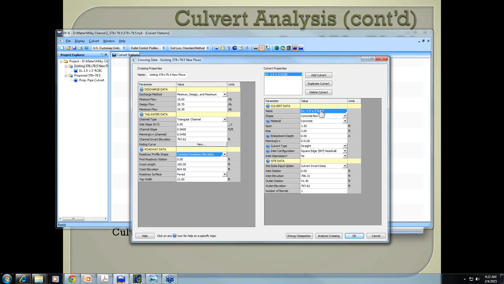For the culvert data, the existing is 1.5 by 3. It's a concrete box. You have several to pick from here. So we're going to pick a box, and here's the span and the rise entered in. Manning's n is selected for us. Its culvert type is a straight. There are the selections that you have, but ours is a straight edge headwall, and there's no depression at the inlet. For the site data input, our inlet station is 0, and here's the elevation for that. The outlet station is 41.4 units, and then the outlet elevation